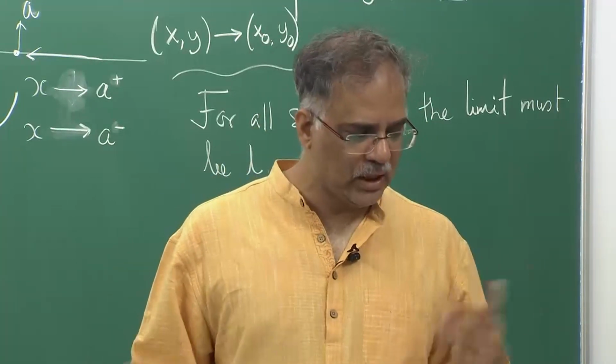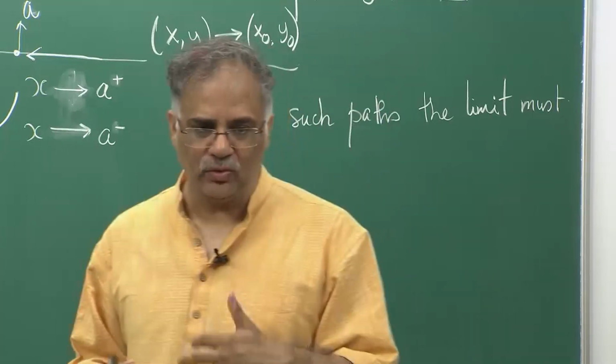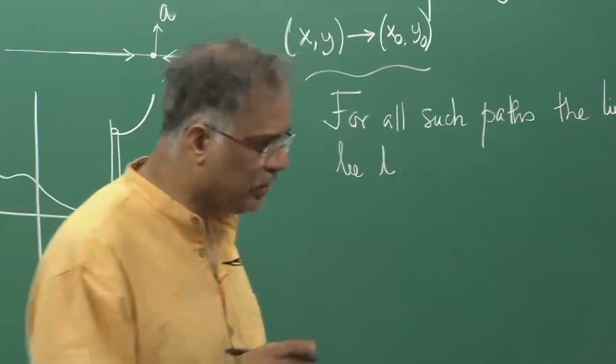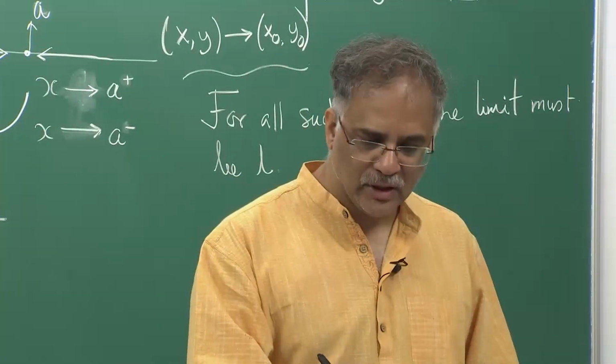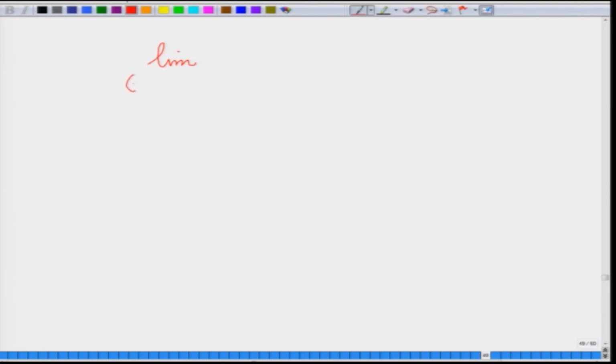So, for example, those who have access to MATLAB and all those things can actually draw this graph of a function of 2 variables. I am asking you to find the limit as x y goes to 0 0 of 2x square y by x square plus y square. It is a kind of very strange situation because here the upper part will go to 0, the lower part will also go to 0. So, it is a 0 by 0 situation, but I claim that this limit